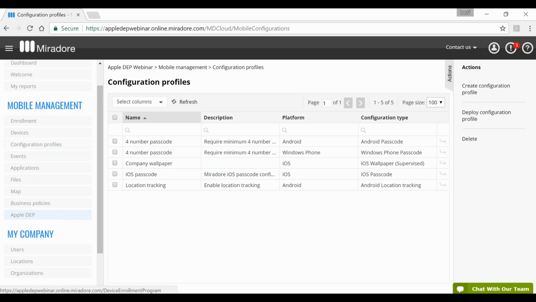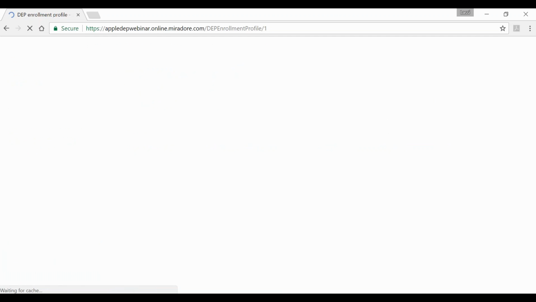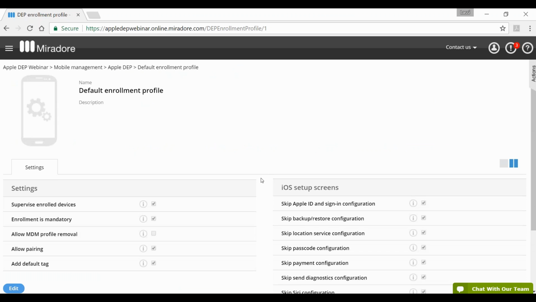So let's go to the Apple DEP view. When we configured the Apple DEP to Mirador Online, there was the enrollment profile selection, but you can also reconfigure it from the Apple DEP view. So the enrollment profile settings link is here. Let's click that.